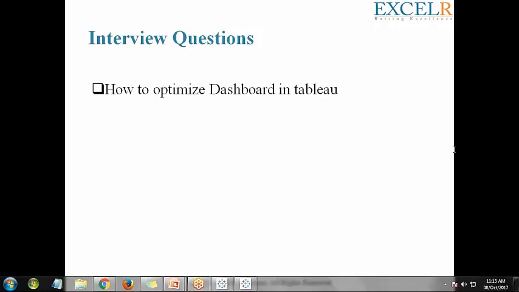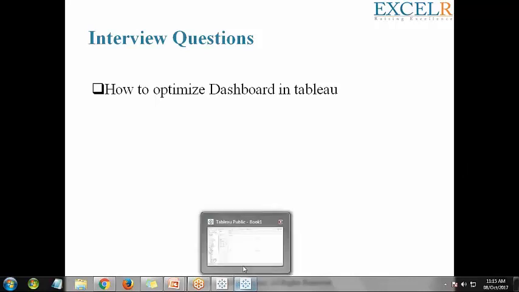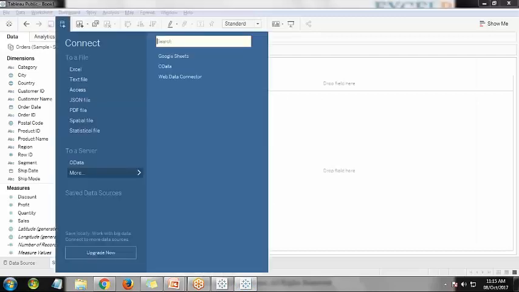Okay, different ways to connect data to Tableau. Rajnikant, maybe can you elaborate a little bit more on this question? How to connect? Tableau has a wide variety of connection options. You can connect to any of the data source methods. Now I'm using Public, so I do not have